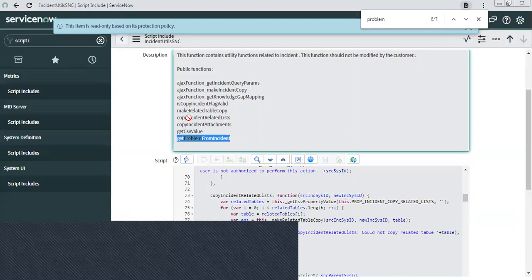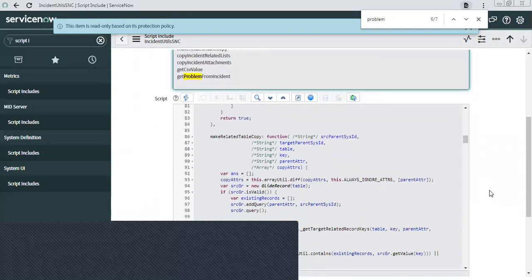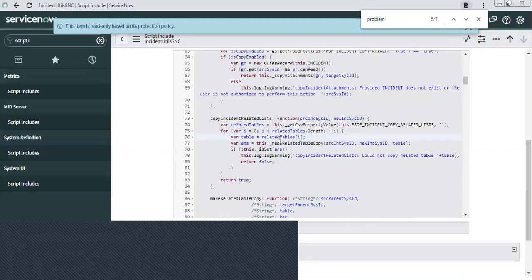Basically, they have made script includes for all their UI actions. If you see, there are even other functions as well: copy incident attachment, copy incident related list, and they are calling these functions from different places. Like one of them, I think they are calling from that UI action.